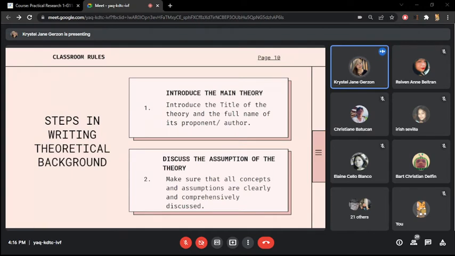For example, online game addiction. I could actually use the behaviorism theory by Albert Bandura. And you might wonder, ma'am, how can behaviorism theory apply to online game addiction? There is no connection if you are just going to look at the title of the theory. But behaviorism theory, just to summarize,